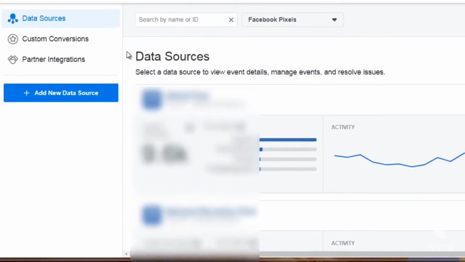Now, bear in mind that the user interface can change, but a lot of times it will be the same in terms of what to access and what you have access to and all that. So really what you're interested in are the pixels. So right now in this account, you can see that I have several pixels, and we can get an idea of the traffic that is going to them, the standard events, and we'll talk more about standard events and why